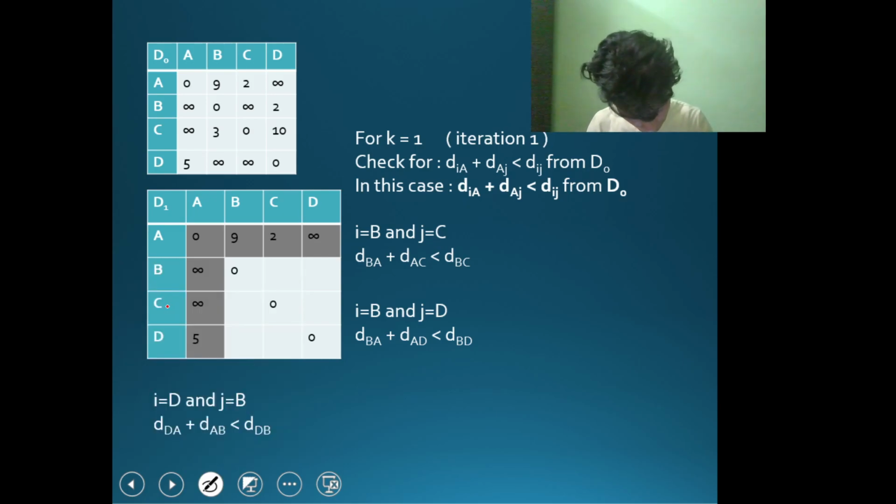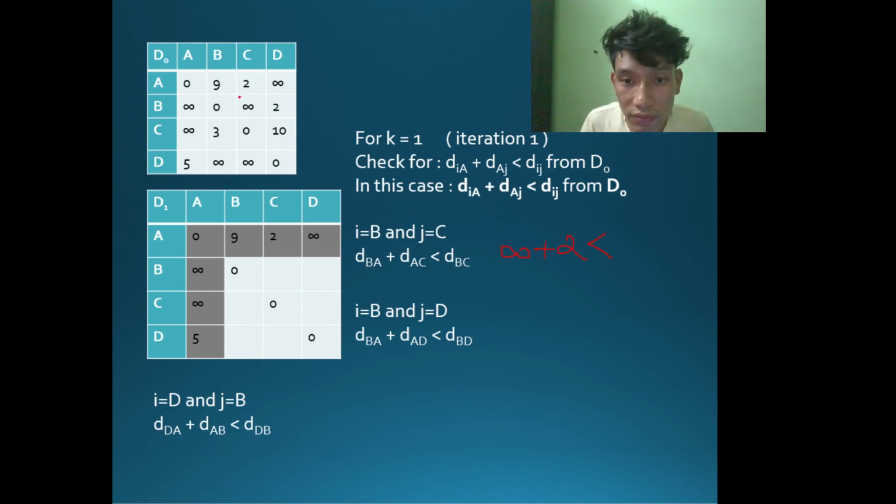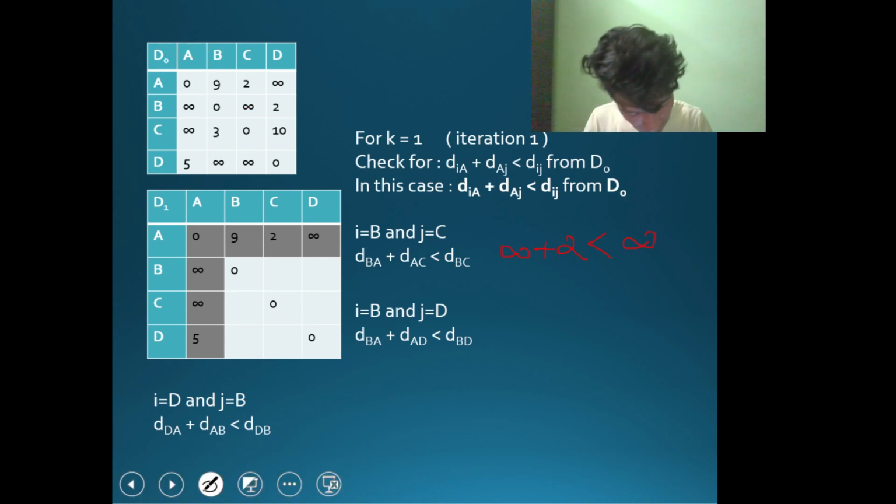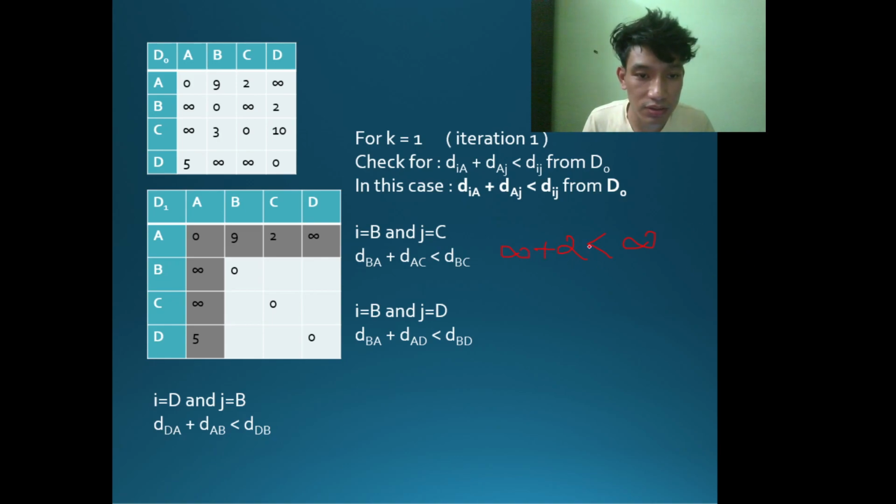D of ba is infinity, and d of ac is 2, less than d of bc from the previous distance matrix. d of bc from the previous distance matrix is infinity, right? So here, infinity plus 2 is infinity, and infinity is not lesser than infinity, so the condition is not true. So we will write the